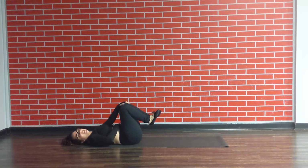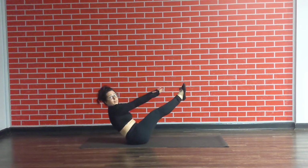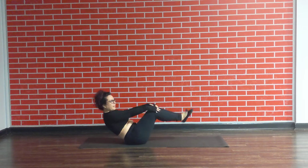Okay, so getting into one of the exercises I listed in the article, which is teaser. Very, very classical Pilates exercise. Again, lots of ways to modify this. So I'm going to tell you that the number one thing is you don't want to swing up. So if I could just swing up, great. I'm not getting any core work out of that really, maybe on the way down, but not on the way